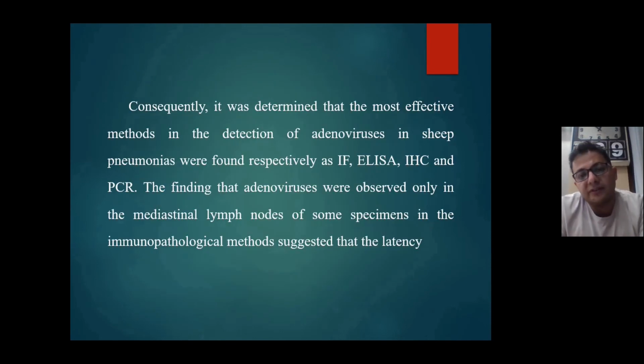Consequently, it was determined that the most effective methods in the detection of adenovirus in sheep pneumonias were, respectively, immunofluorescence, ELISA, immunohistochemical and PCR. The finding that adenovirus was observed only in the mediastinal lymph node of some specimens in the immunopathological methods suggested that the latency